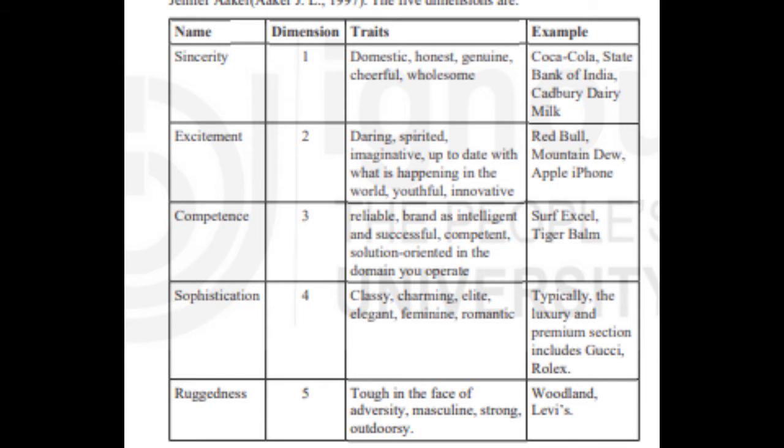For example, Thums Up is not only high in the dimension of excitement but also in the dimension of ruggedness. Similarly, Ariel is not only high on competence but also on sincerity. Hence, brand personality, just like humans, is a combination of various personality traits in different proportions. 1.6.1 Why use brand personality? Constructing a brand personality helps the strategist in enriching the understanding of the attitude and viewpoint of the consumer towards the brand. A brand personality thus can